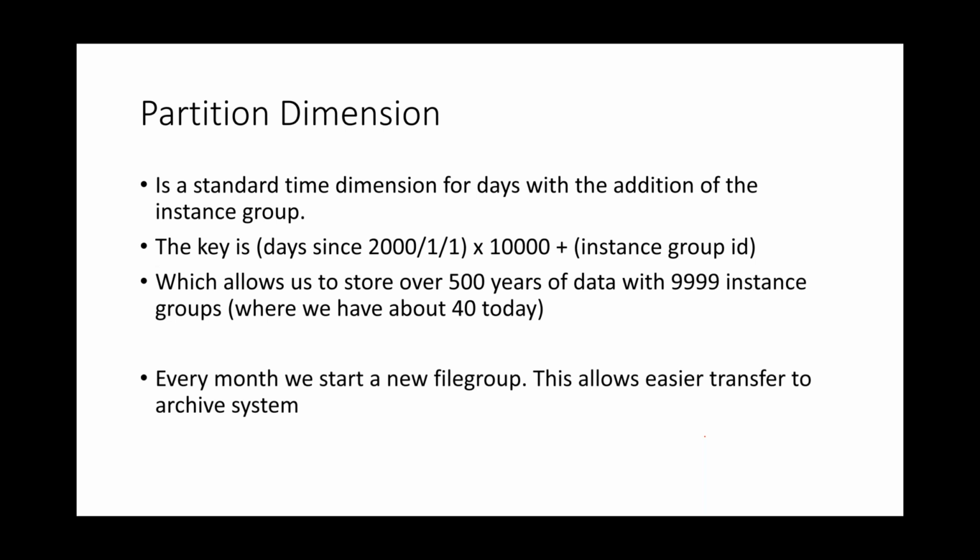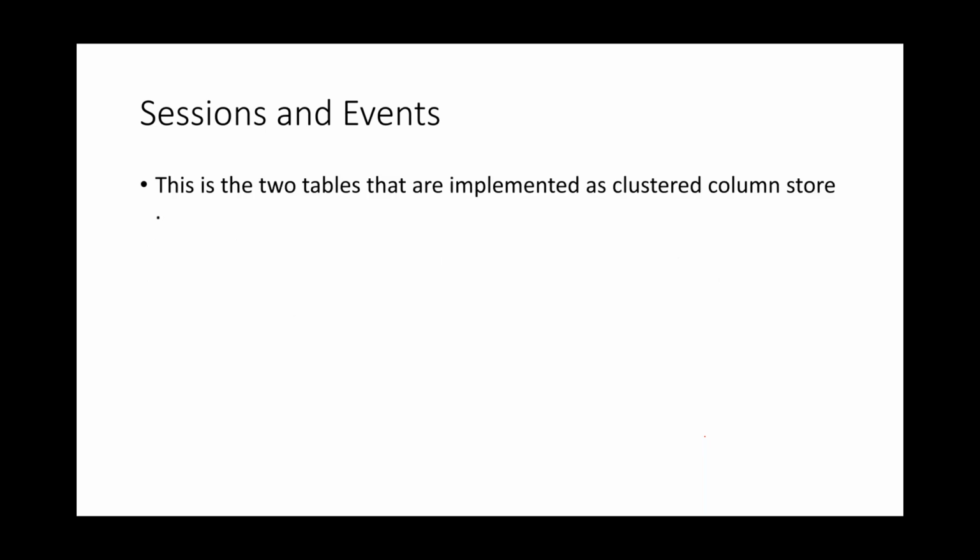Good. So sessions and events, these are the two big items. Sessions is every time someone logs in and out. We store this in one table, and all the queries, which are the events, are stored in a second table. They're both column stores, and they get very rarely joined together. If you join two column stores, it's a very bad operation because